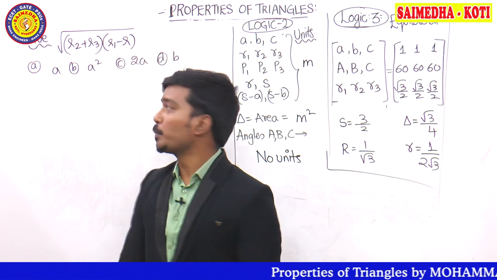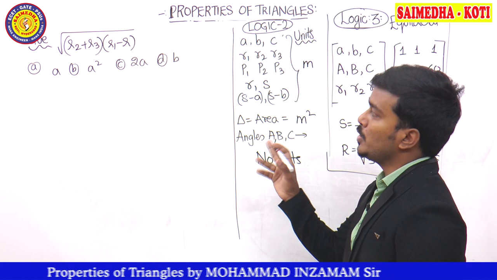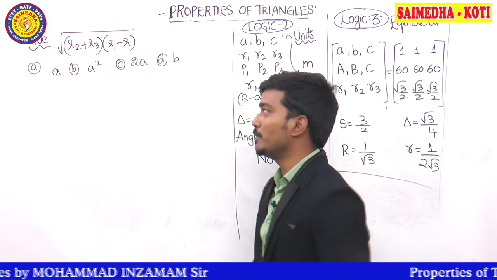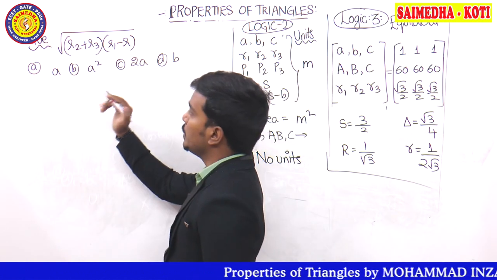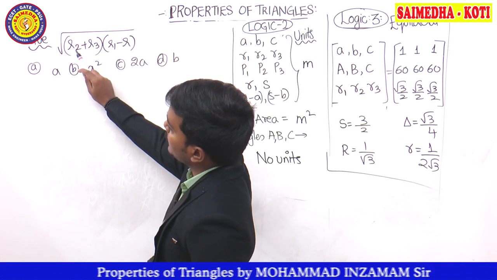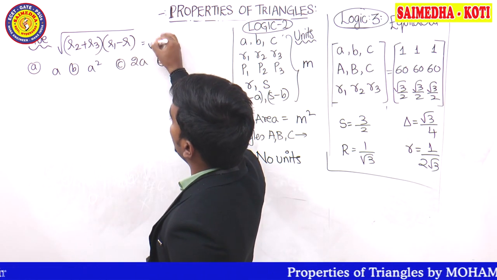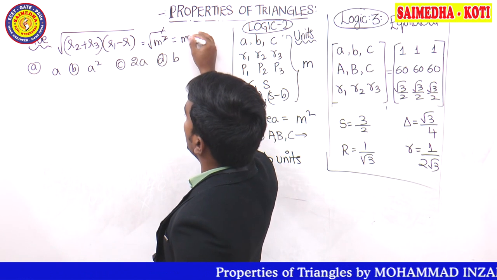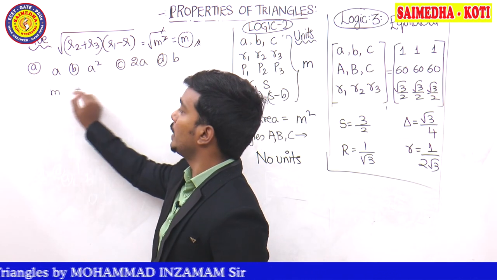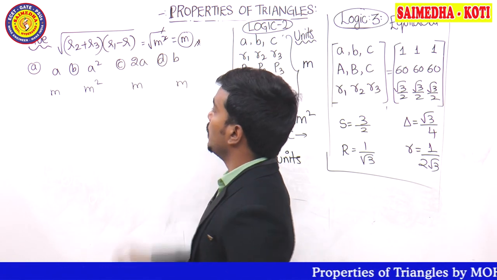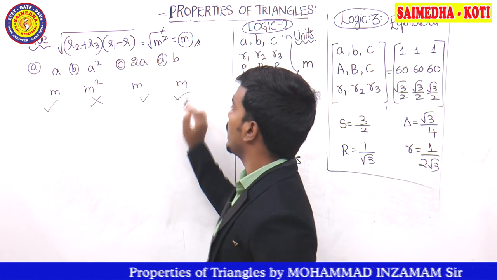Let's try and solve this. The next problem, guys. Question given: root of R2 plus R3, R1 minus R, A is equal to A and B. Already we have solved this problem in the previous part itself, guys. But let's see logic 2 now. Logic 2 states by the units, guys. What is the unit of radius? Meter plus meter, meter. Meter minus meter, meter. Meter into meter, meter square. So it's going to become root of meter square, so the answer of the question has meter as units. Here the units are meter, meter square, meter and meter. So option B must be the wrong answer. These three can be correct.